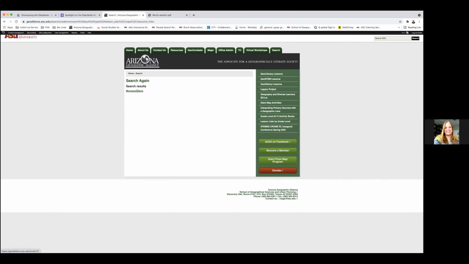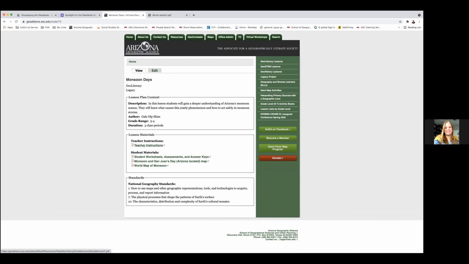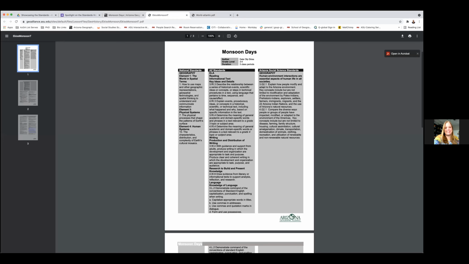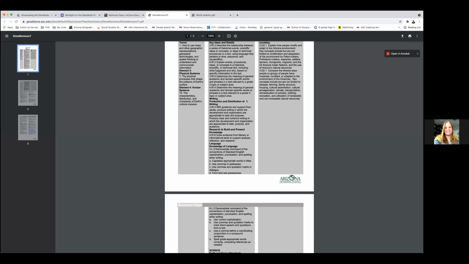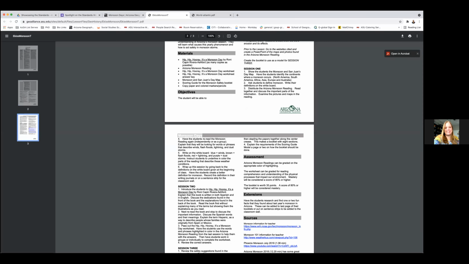Now, granted, you can look through all the different lessons, but this is what our lesson plans look like, with the description and then the teacher instructions. So everything I had on that slide has the standards that are addressed, and we are happy to say that our standards have been updated to all of the new ADE required standards, the most recent ones. So they're all updated. And the materials are here, the procedures, everything that you would need to do this lesson plan.